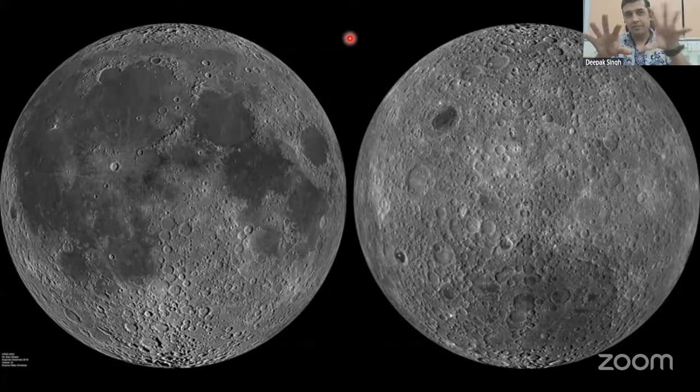The thing is, it's the near side and the far side. The near side is the face which we see from Earth, and that is the only face we can see. It is our limitation because of geometry. Why geometry? Because the moon takes exactly 28 days to make one rotation. Like Earth takes 24 hours, you'll know that. But the moon takes 28 days.